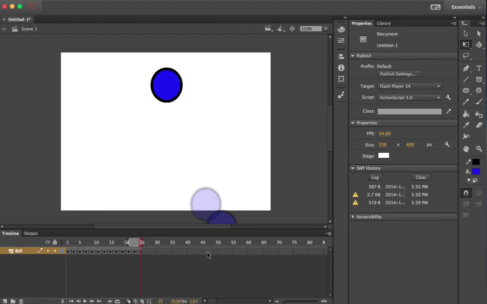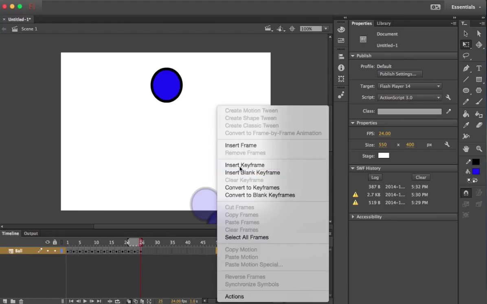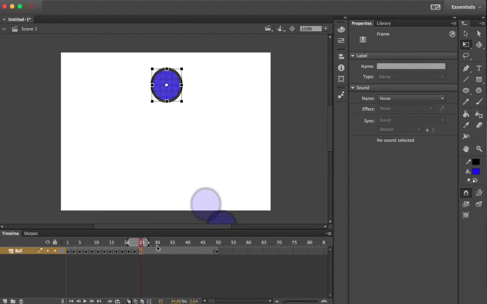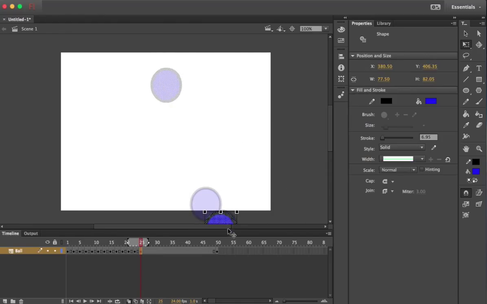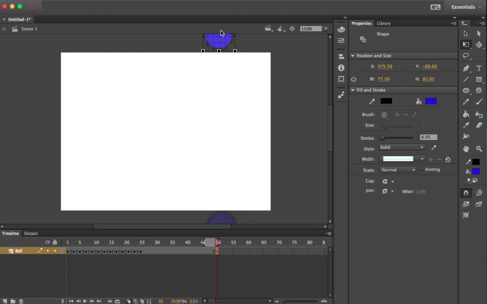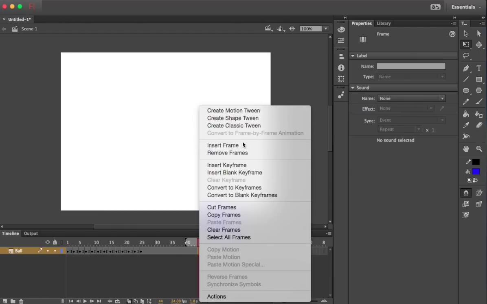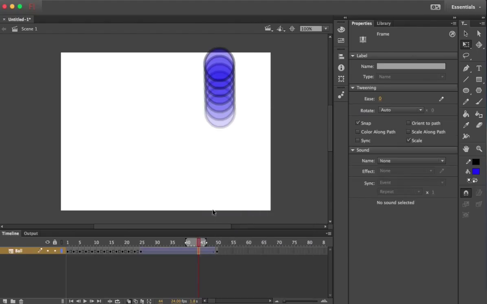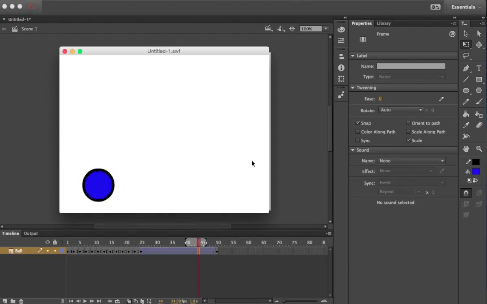And if you still wanted to add one, you can insert a keyframe, and from there, let's put that guy back here. You can put that guy all the way up here so it moves back. Insert classic tween. So now when you play, you can see how smoother this one is compared to this one. Because with this one, you can adjust it, but this one's